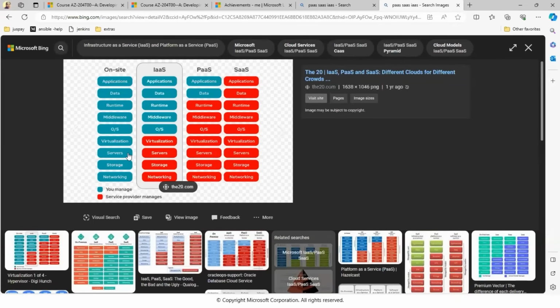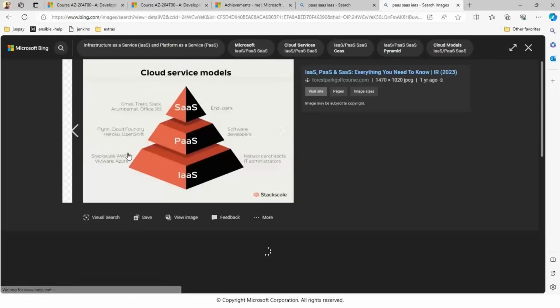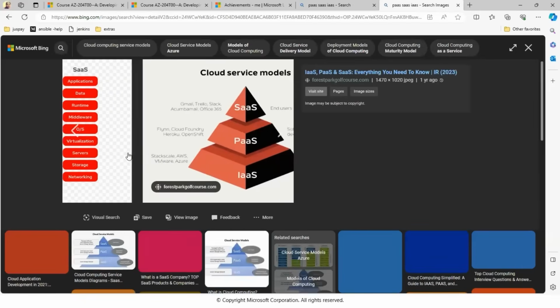But when you choose the different computing models that we have, IaaS, PaaS, and SaaS, Microsoft is gonna help you with certain levels. If you go with infrastructure as a service, Microsoft is gonna set up the networking, storage, servers, virtualization part for you. You as an administrator can choose your operating system.